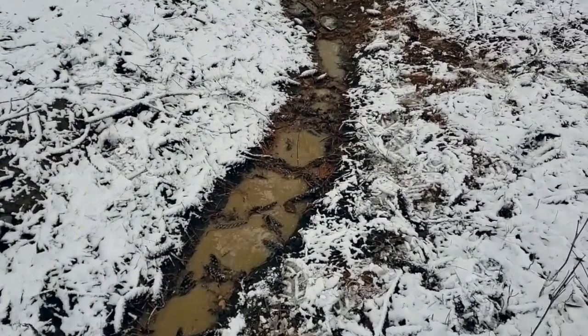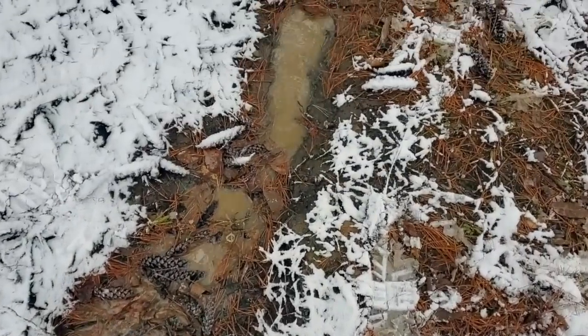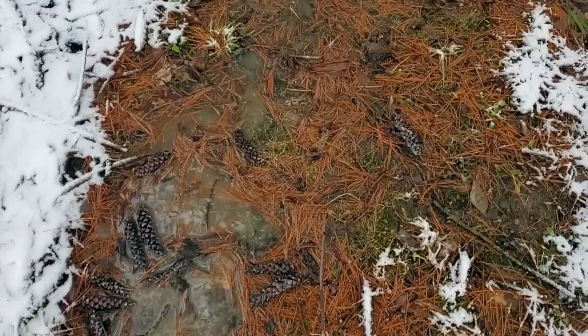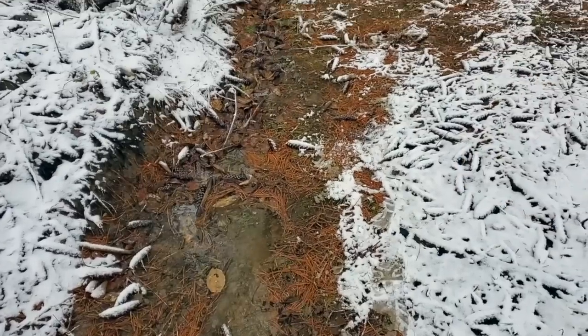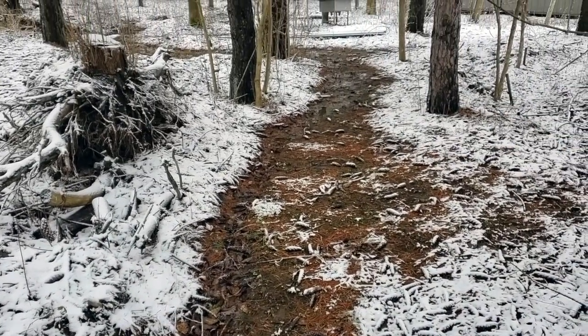You can see all the debris in there, the pine cones, the needles are all acting in concert as a silt filter. Already to here, it's a little bit less muddy and murky. By the time it gets to here, it's almost running clear again. So I don't want to interrupt that and just have it be a milkshake all the way down to the road. There's enough in here we can send a little bit more sediment and not hurt things too much,